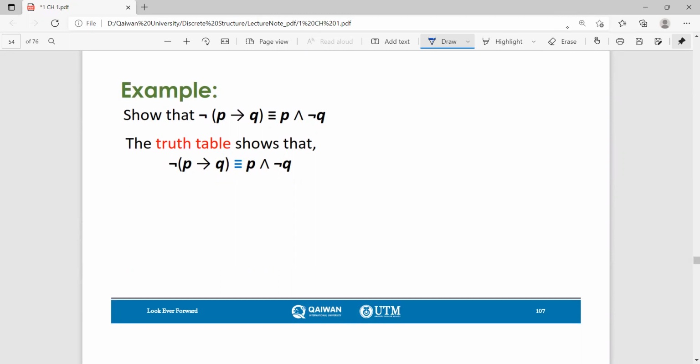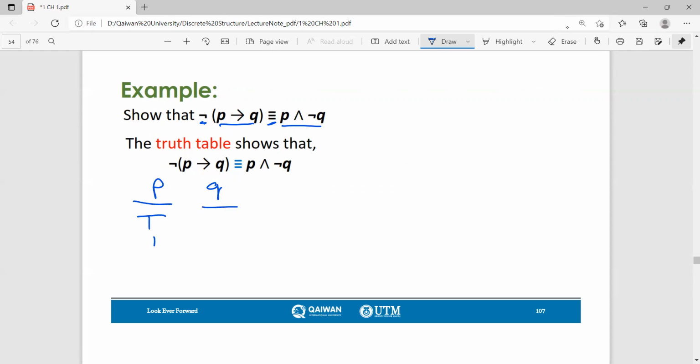It says show that negation of p then q is equivalent to p and negation q. Let's make the truth table. Okay. Here, how many variables do we have? 2. That means we must have 4 statements. So P, Q,